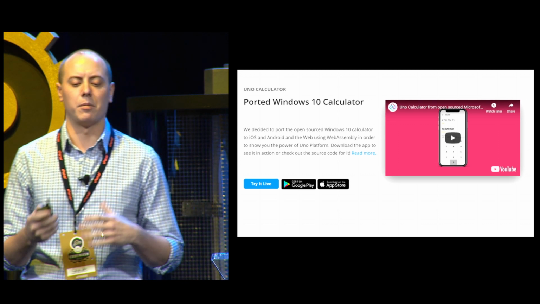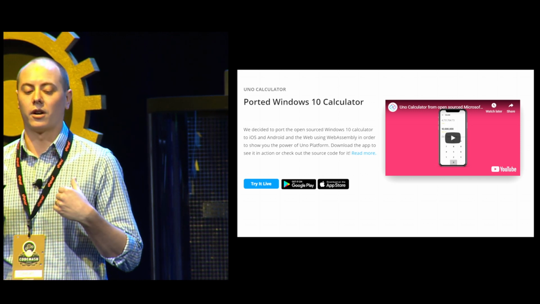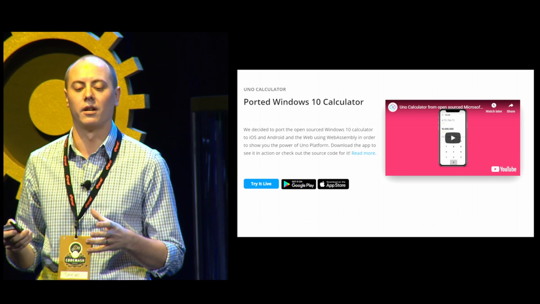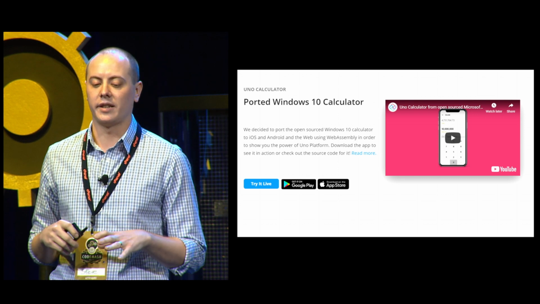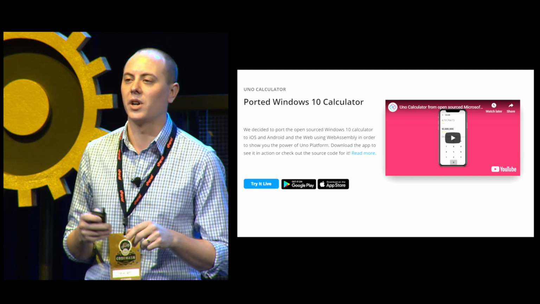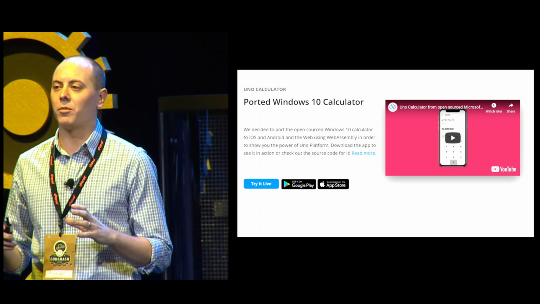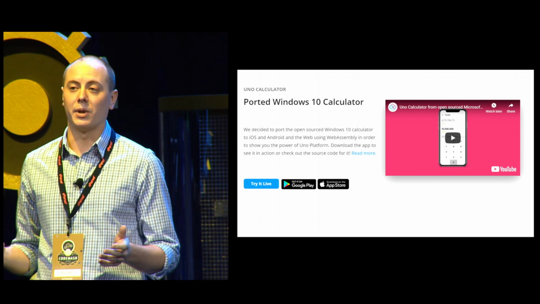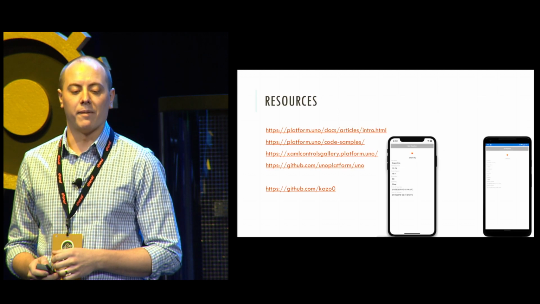I also usually demo this little calculator, but I can't do that right now. But basically, Microsoft recently open sourced their code for the Windows 10 calculator, the actual Windows 10 calculator app that's running on your Windows 10 devices. And the UNO team actually took this and compiled it down with UNO and got it to run on Android, iOS, and WebAssembly. So if you go to platform.uno, which is their website, you can find the real Windows 10 calculator app running within the web, and you can resize it. It's responsive, and it works as it should. And it took basically no tweaking to do. So I thought that was a really cool thing to look at. Definitely check that out.